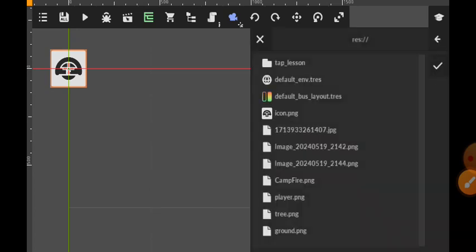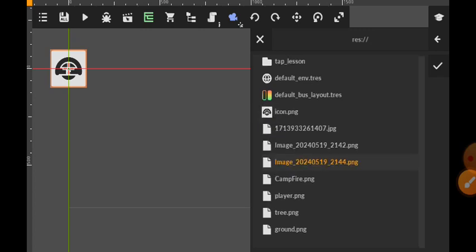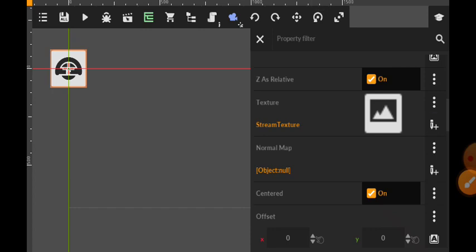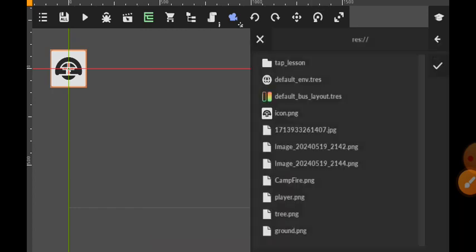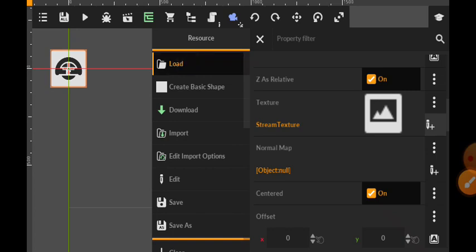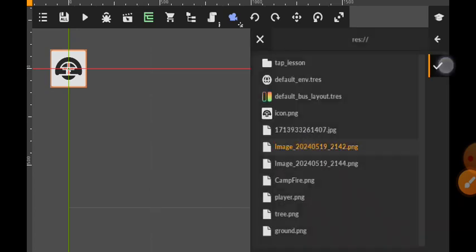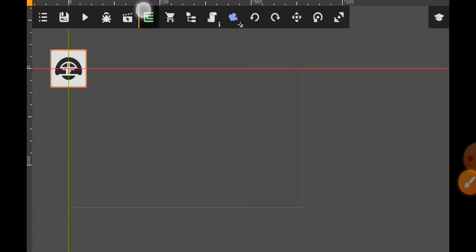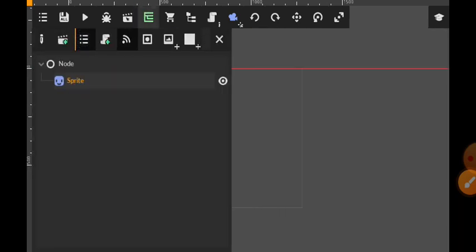So I will tap load, and I can select this image, and then I'll select OK. Oh, sorry, resource not found. So let me try another one. Let's see this one. Oh, come on. Let me try another one. Oh, come on. So as I was saying, this is where you set up